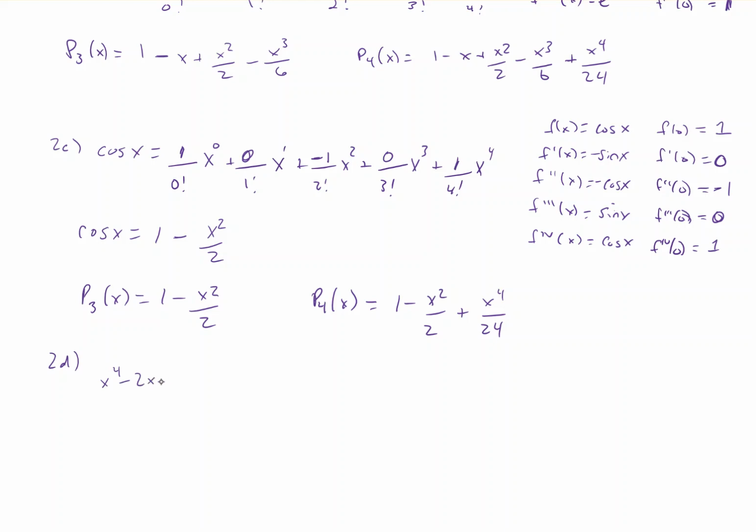Okay, so for this guy, this is kind of a bit of a waste of time in some ways, but I just want you to see the fact that this is also true for polynomials. So this doesn't go on forever, right? This function doesn't go on forever. But this is more like an intellectual exercise for us to explore. Because we can take these derivatives. We got x to the 4th minus 2x plus 1, 4x cubed minus 2. And we can evaluate all these at 0, right? So f of 0, f prime of 0,